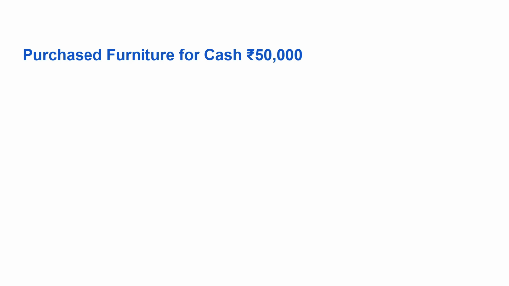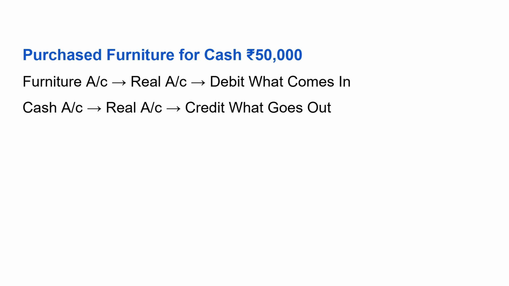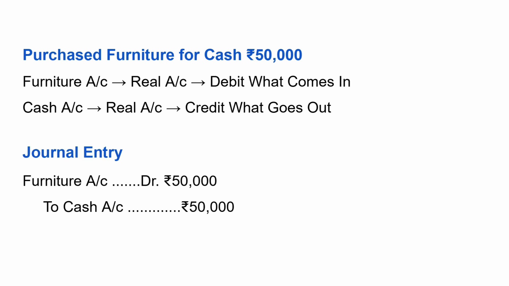Purchase furniture for cash rupees 50,000. Here the two accounts are furniture account and cash account. Furniture account is a real account because it is an asset and furniture comes in the business. So the rule for a real account is debit what comes in. And cash account, cash is also a real account and cash goes out of the business, so credit what goes out. So the journal entry is furniture account debit 50,000 to cash account 50,000 rupees and the narration is being furniture purchased. Furniture is an asset, not expenses, so the real account rule is applied. Next,